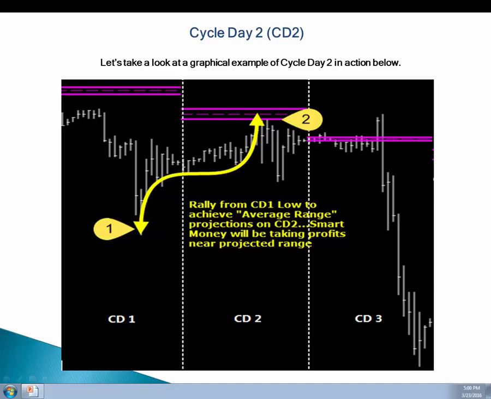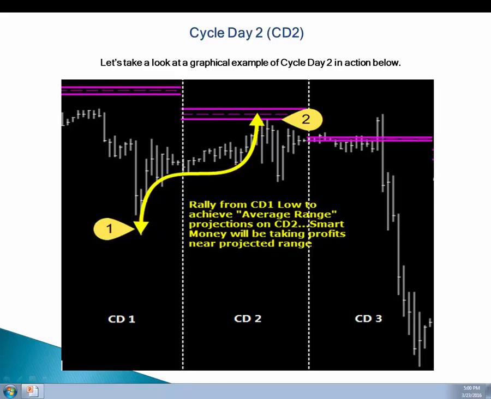If you think about it, smart money, having established long positions at or near the cycle day 1 low, this allows the new cycle to proceed until that projected average. We have what's called an average range high. We spoke of an average decline; we have an average range, or what we simply talk about as the cycle day 3 target. So until that potential is reached, i.e., on the cycle day 2 high,